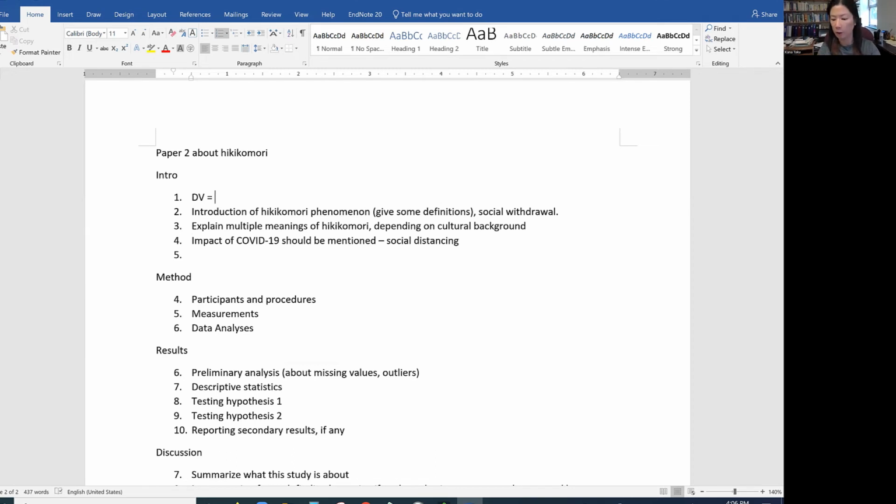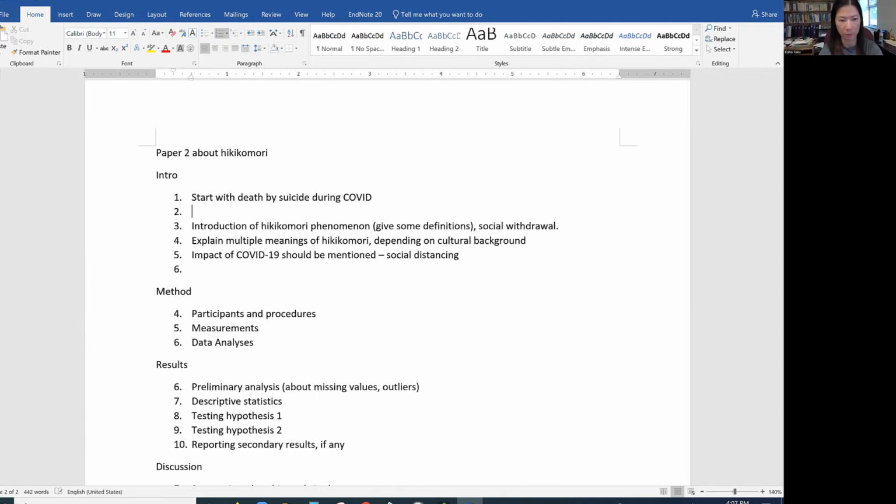The dependent variable here, I'm thinking, is suicidal ideation, especially because this is one of the major issues that any psychologist probably thinks about. So I've got to think about maybe death by suicide. Start with that, death by suicide during COVID. So I want to start with that, and then provide